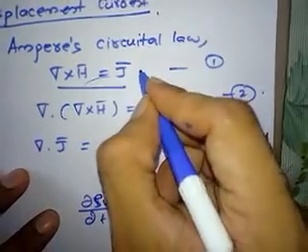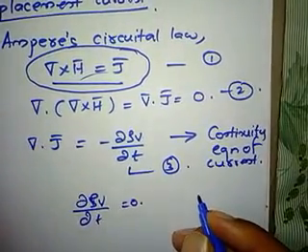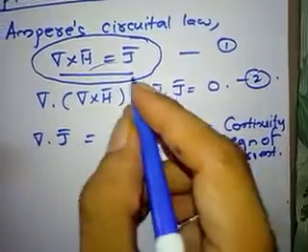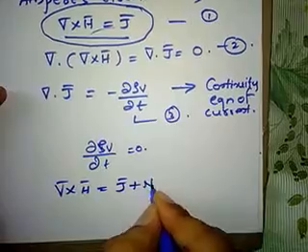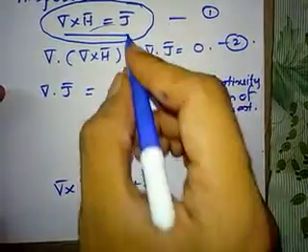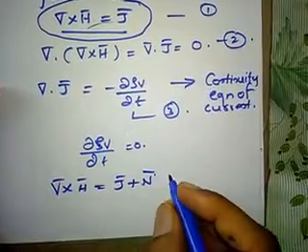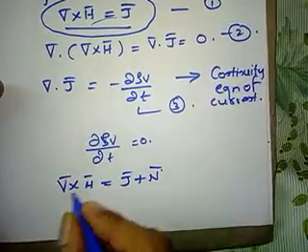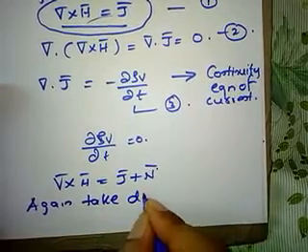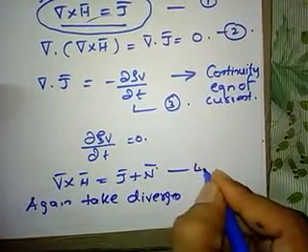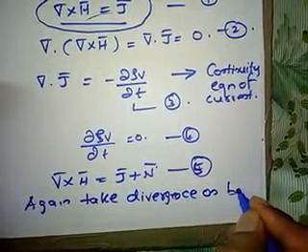So it means that we have to do some modification in this basic equation. What modification is done is we have to add some term to this. So del cross H bar is equal to J bar plus N bar. I am adding an unknown term, say N bar, to this equation, so that we can apply the equation for varying electromagnetic fields. Now take the divergence again on both sides. Take this as 4, this as 5.